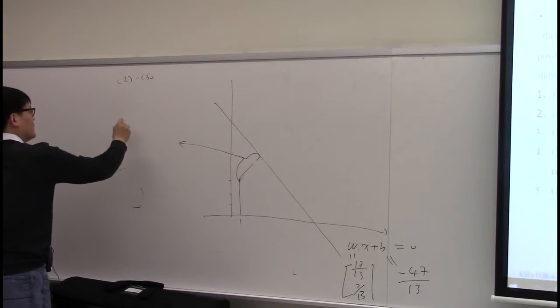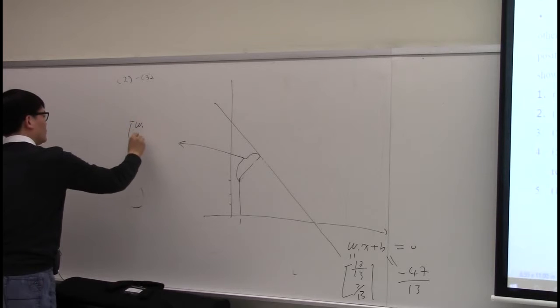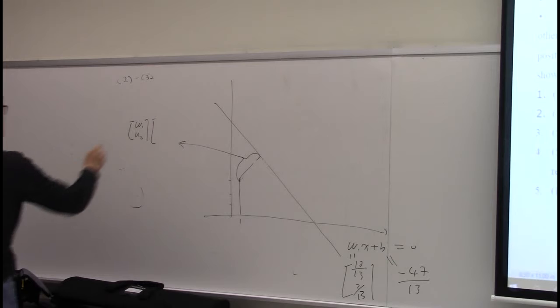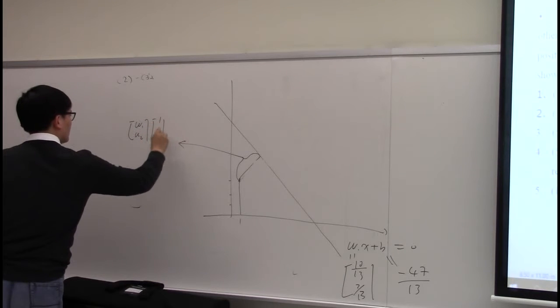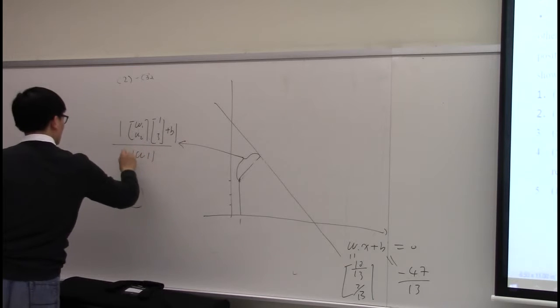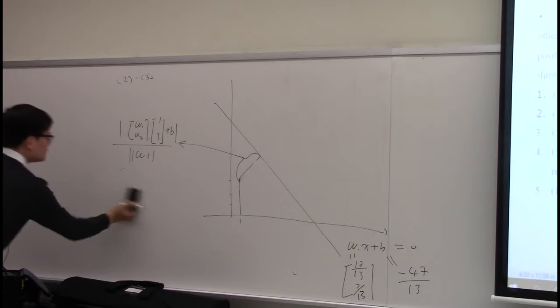Is W dot W1, W2, 1, 3 plus B, W 2 0, right? So this is equal to